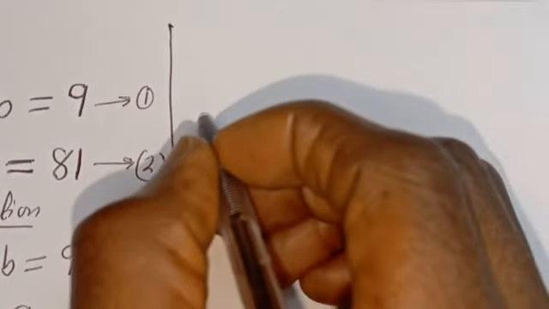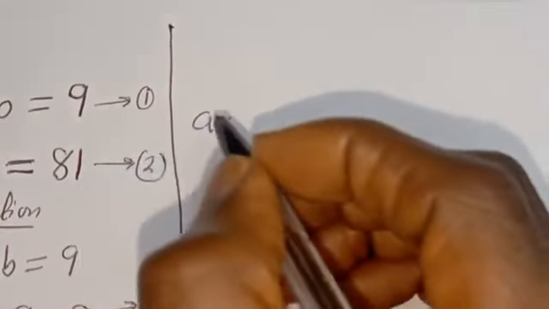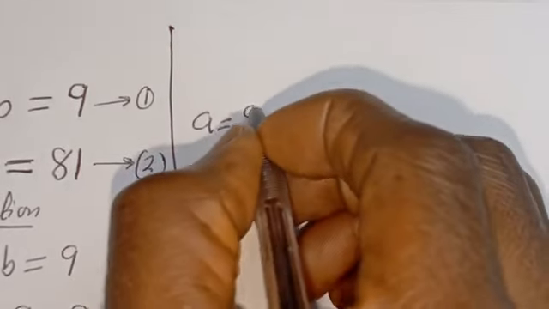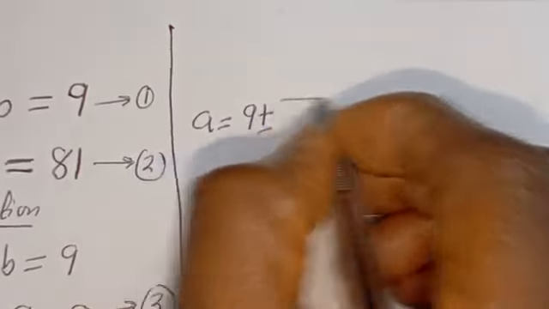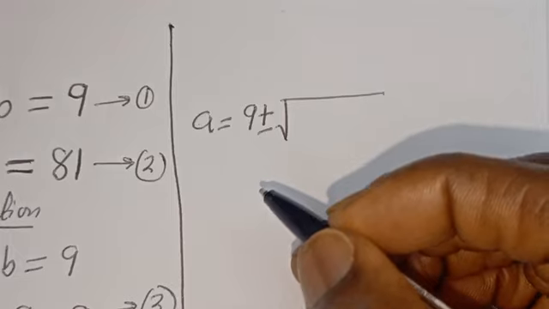Then a is equal to minus times minus 9, that is 9, plus or minus square root of minus 243,